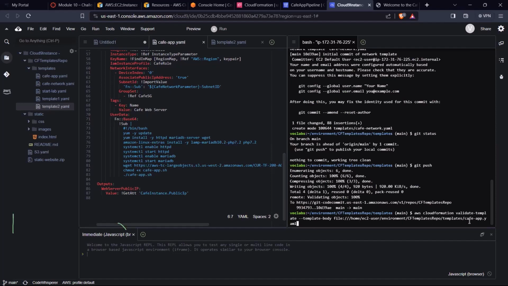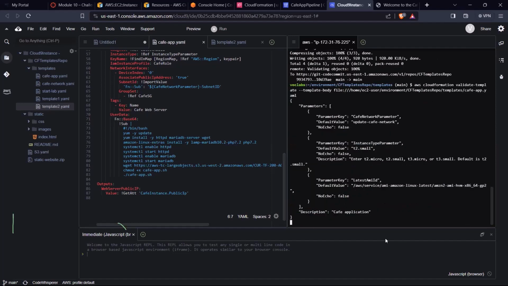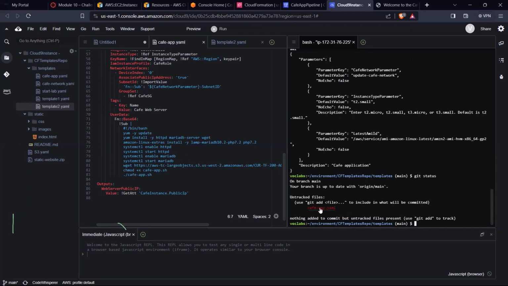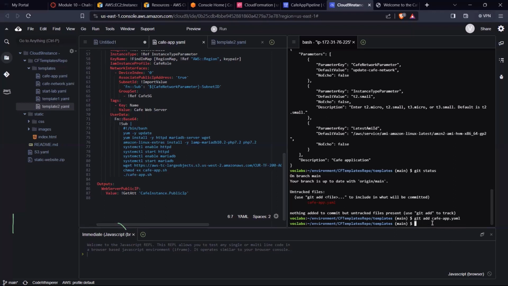So we are validating the cafe, enter. It should give us that JSON. So we are also good to go. Okay, so once this is okay, I will do git status. This is the file that has the new changes, right? So I'll do git add cafe app, git commit -m